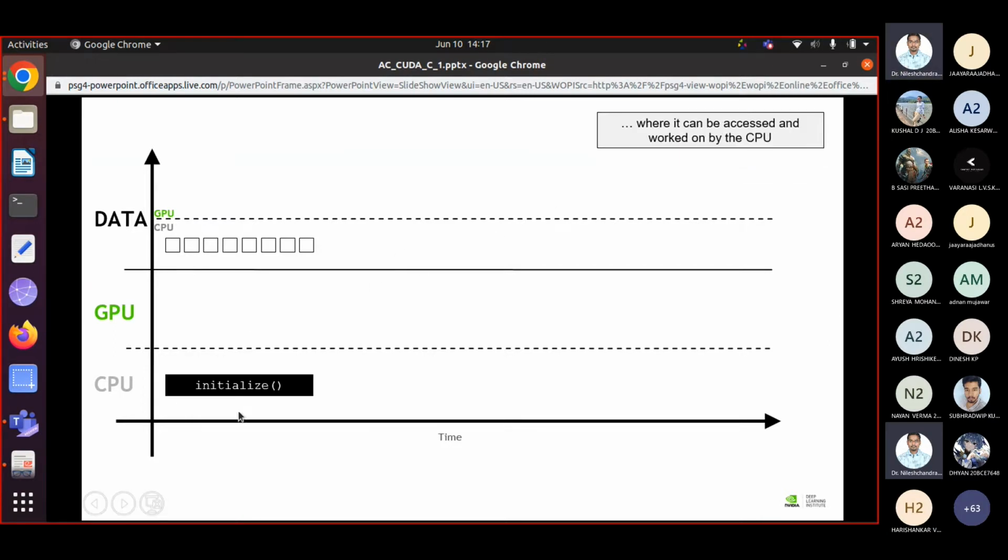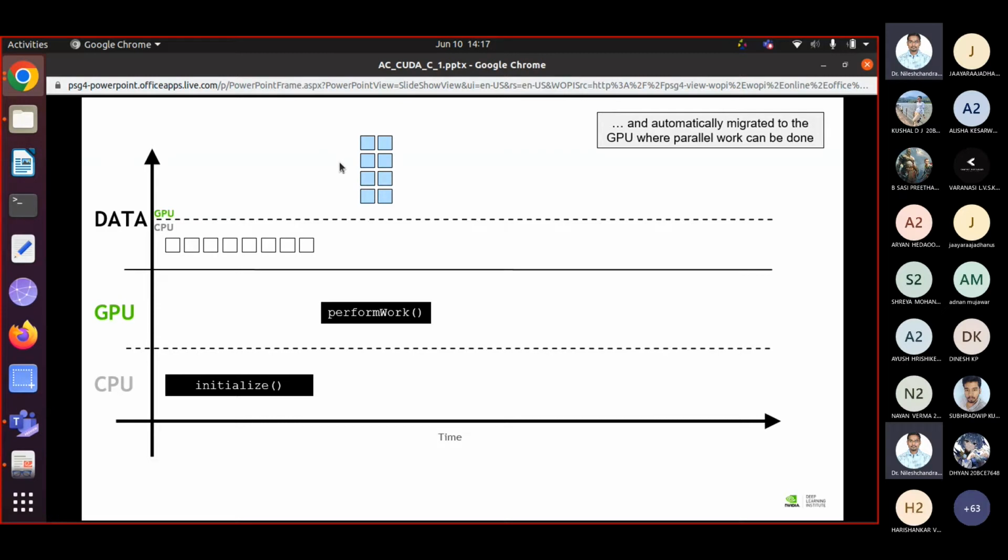Now, initially, let's say you initialize data on the CPU side. That means data is present on the CPU side. Now, let's say you want to perform that work on the GPU side. Of course, you want to perform that computation on the GPU, so the data present in CPU RAM must be transferred to the GPU first, because you want to perform the computation on the GPU in parallel.